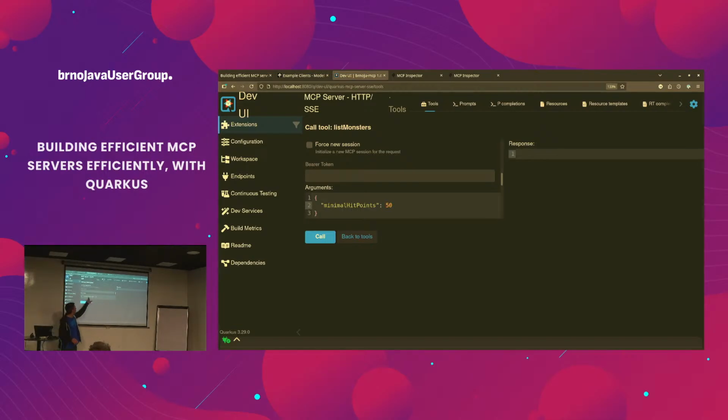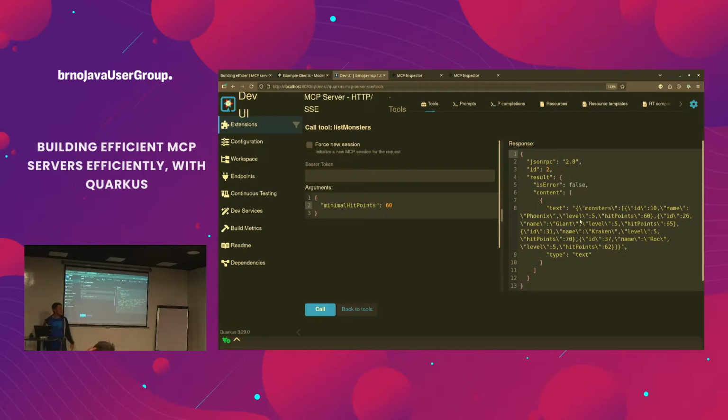So minimal hit points is my argument. Oh, okay, 50, maybe 60 maybe. So call, and it will return a JSON. If you look at the method,